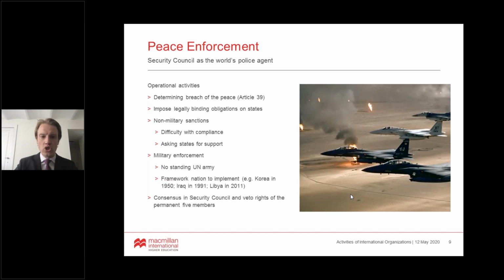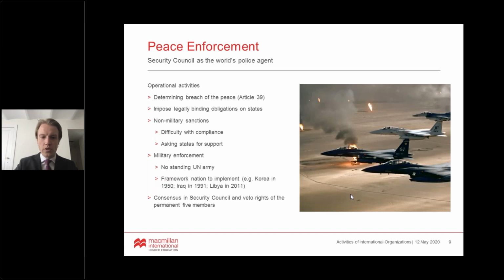Now, what happens occasionally is that the UN Security Council asks states for support. So it literally asks states or a regional organization to enforce an arms embargo. The case of Libya in 2011 is a good one. There, the arms embargo was enforced by NATO. So NATO put warships in front of the coast of Libya to make sure that nobody was smuggling arms into Libya. So sanctions is a very often used means in the Security Council,